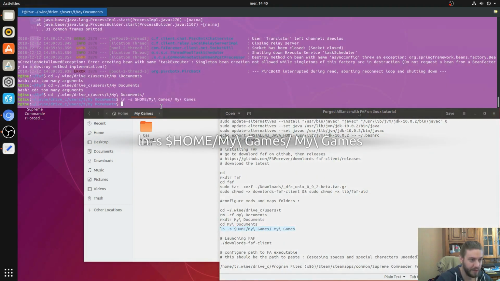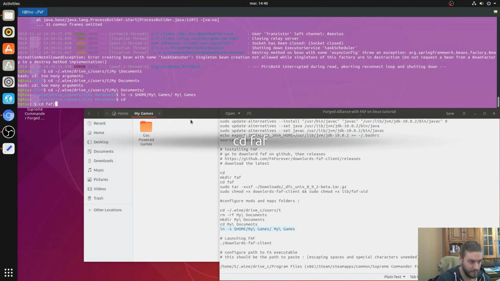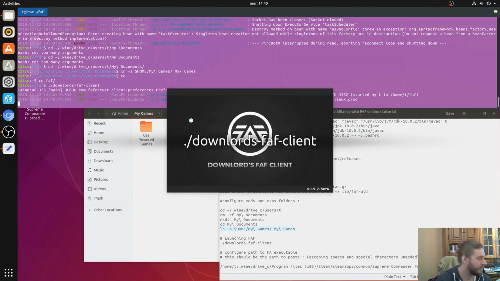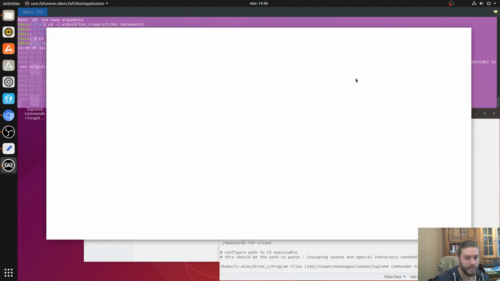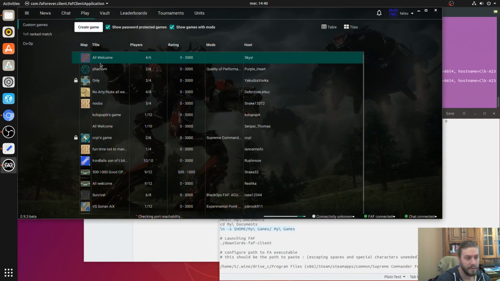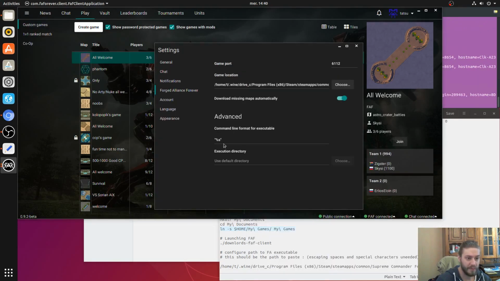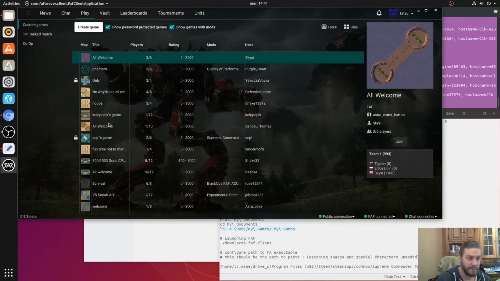The folder's been created correctly. And what we want to do is go into our settings, /forever. Here we'll add wine. Here this is correctly configured. We'll go to another tab and back. Now it's saved. And now if we join a game,